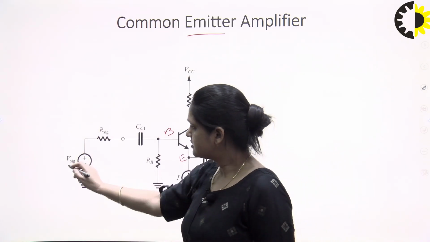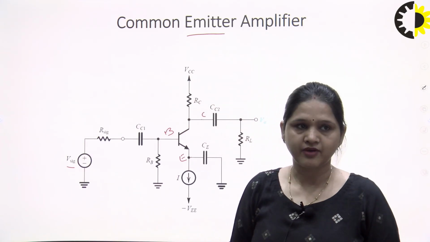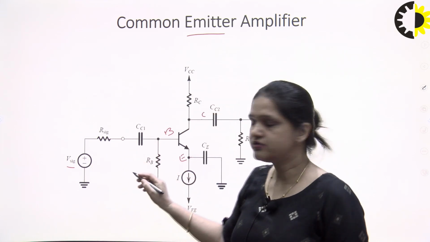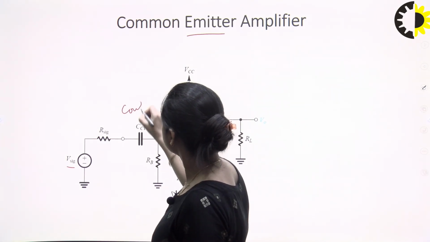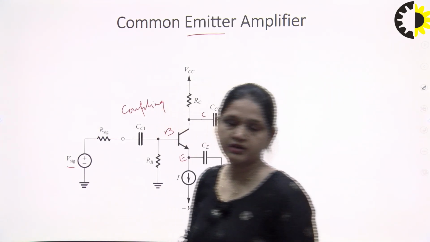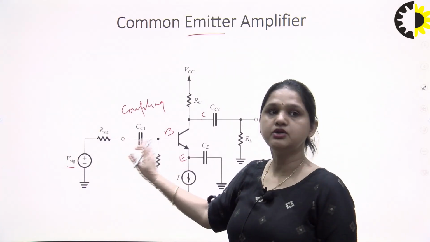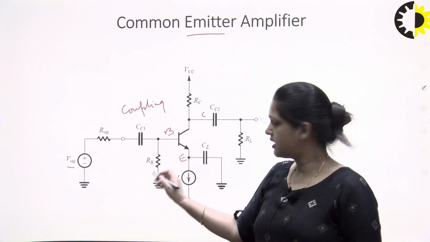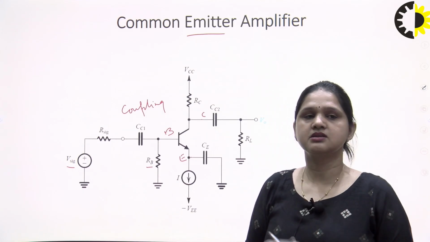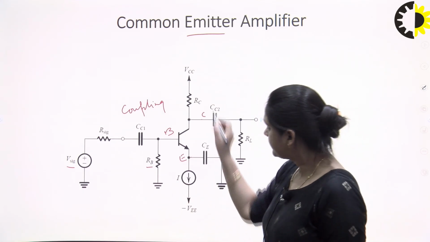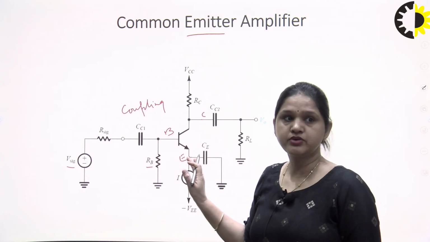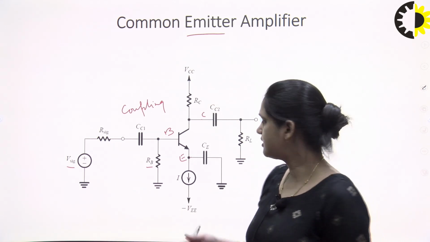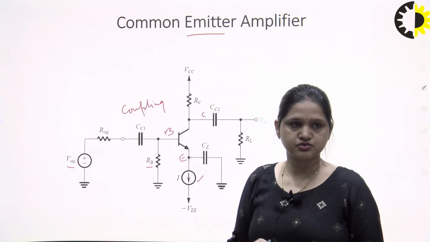Here you can see that the signal which is to be amplified is applied at the base terminal through this capacitor CC1, which is known as the coupling capacitor. So, input is directly coupled to the base. Here fixed biasing is used at the base, and for that this base resistance RB is externally connected to the base terminal to ensure the active region of operation, so that the common emitter amplifier behaves as an amplifier. Here we have used constant current source biasing I.